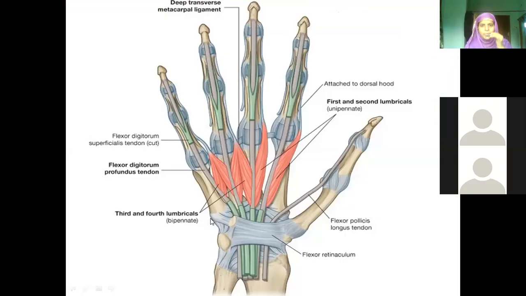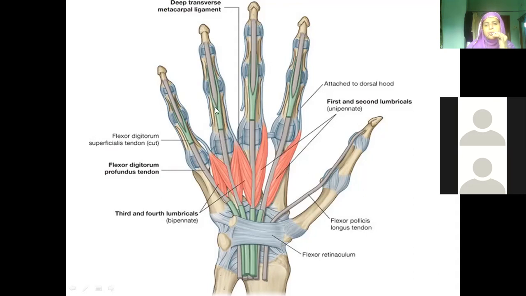Now see here. Now you can see both. I told you green tendons are flexor digitorum superficialis. White tendons are going deep to the superficialis. We have flexor digitorum profundus. So you can see these green ones are flexor digitorum superficialis, which are cut now. Now you see piercing these tendons.